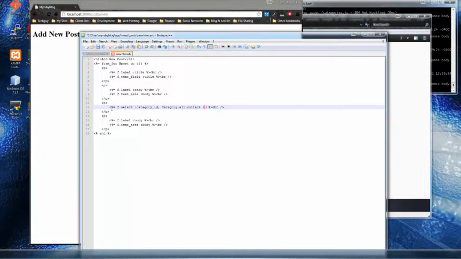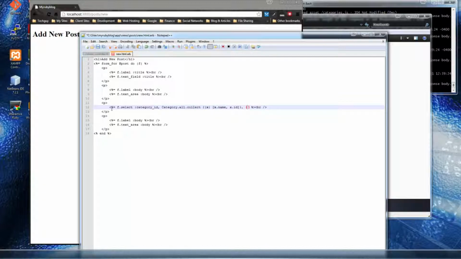And then we want some curly braces, and we'll use x, and just trying to remember the exact syntax. Brackets with x.name of the category and x.id of the category, and comma,